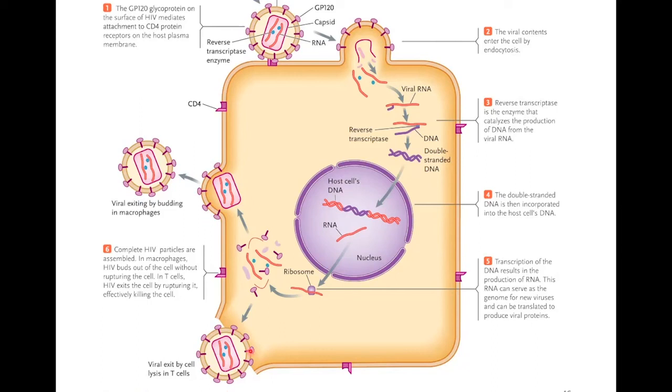ultimately leave the cell. Now, with our T cells, the new HIV particles are simply going to destroy the T cell. And so they're going to exit by breaking it open. Whereas within our macrophages, which is a different type of phagocyte, the macrophages live a lot longer, and the macrophages are actually going to create these little HIV buds where we're going to have exocytosis of these HIV particles out